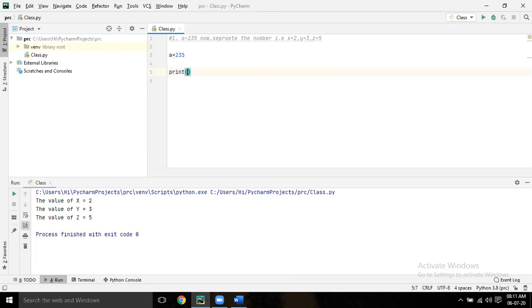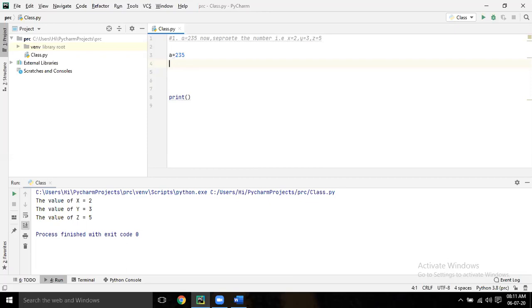Let me tell you. Here you have to apply some logic, that is nothing but the arithmetic operator. Remove that print. Now let's say A equal to 235.